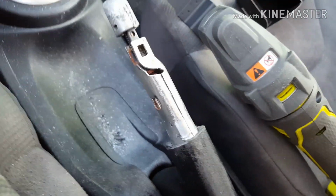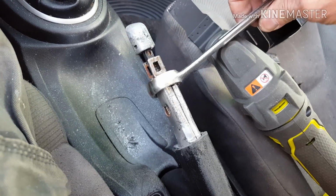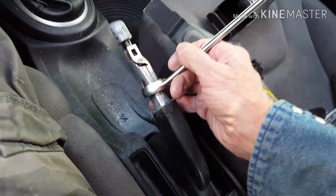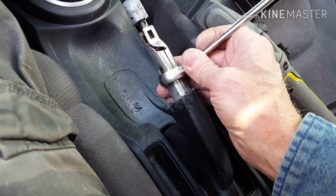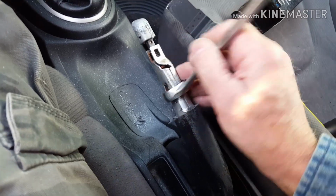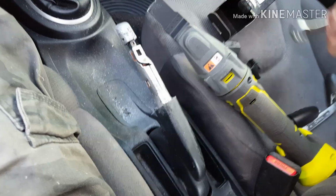So what I did is I took wrenches, started out with a 22 millimeter high strength wrench, and put it on here. And with one hand I pulled this way with it, and the other hand I moved this thing back and forth and back and forth and back and forth and just chewed. It chewed a bunch of metal off and also reshaped a bunch of metal. And once I did with the 22, then I went and grabbed a 21, because it takes a 21 millimeter wrench to make it the right size. And you talk about a lot of elbow grease, but one hand pulling back and the other hand wrenching it back and forth. I was finally able to get it down far enough